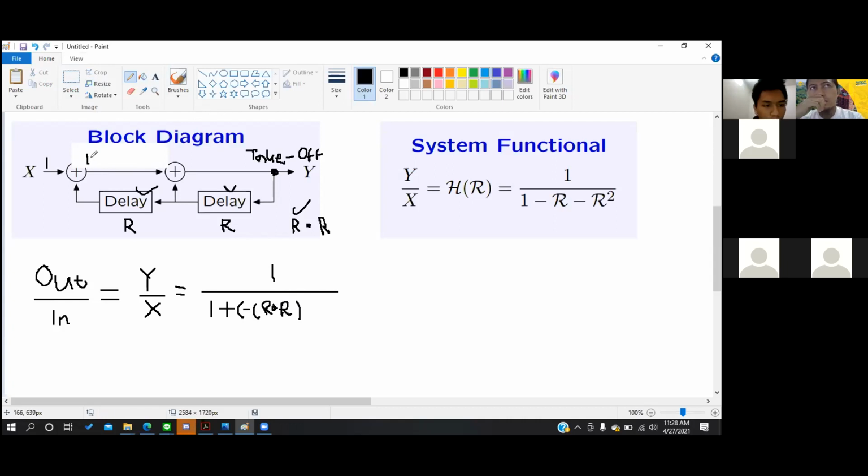So here we can write this as 1 minus r times r,